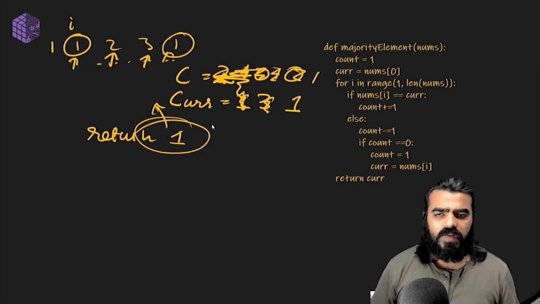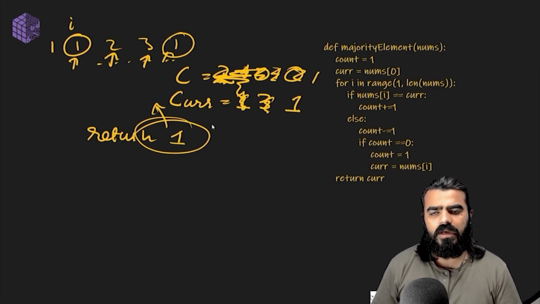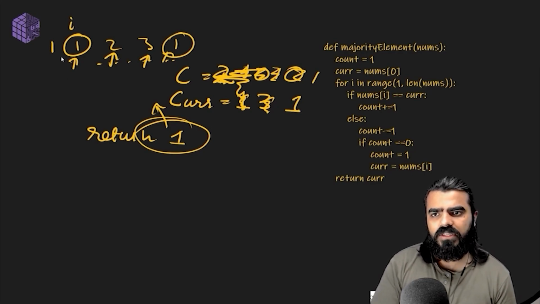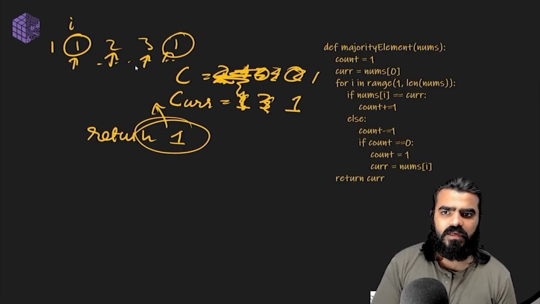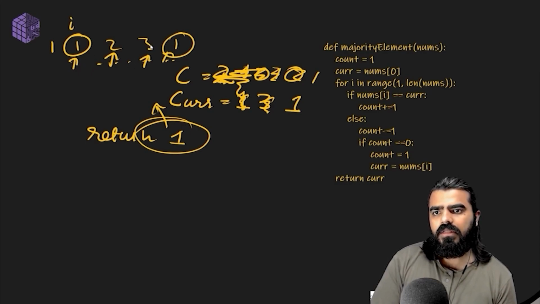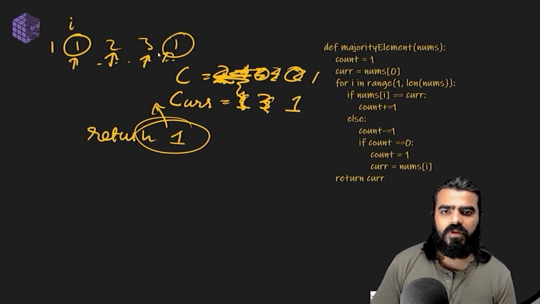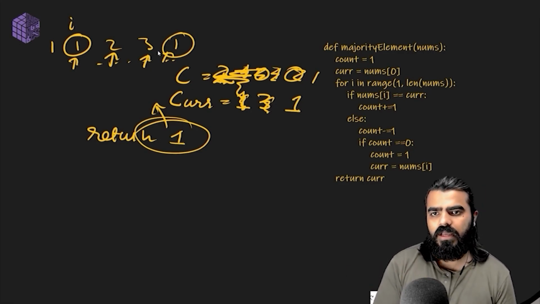So you can see with multiple examples, you try to run this whole thing, and it will still give you this answer only, because no matter what the orientation or the sequence of these elements is, if I am cancelling out every other person who comes in this array, then if I have n by 2 or more than n by 2 chances, then I will always win, right? If we cancel each other out, anybody who has n by 2 plus 1 or more chances, that person will win. And that is the whole scenario which is going on over here.